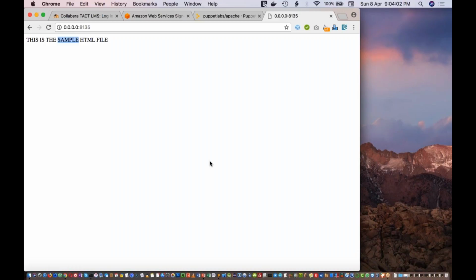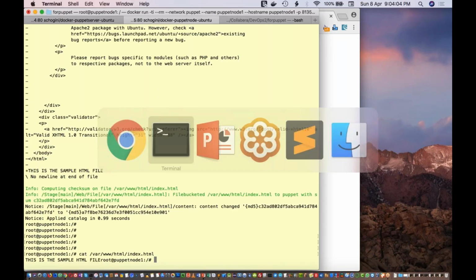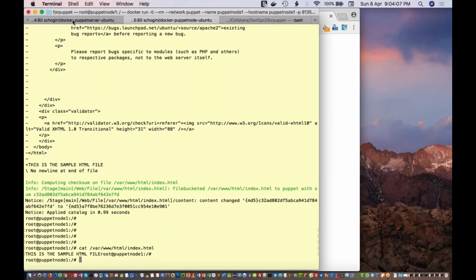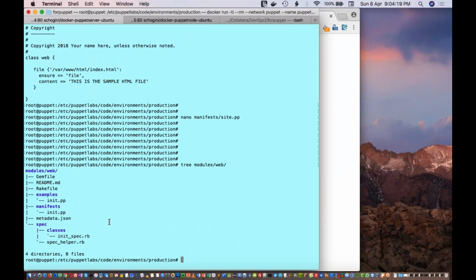Okay, now I want to show you one more thing. I want to show you templates as well. So now if you do tree modules web, this is the current structure, right? Ajinkya is asking web is the page displayed.